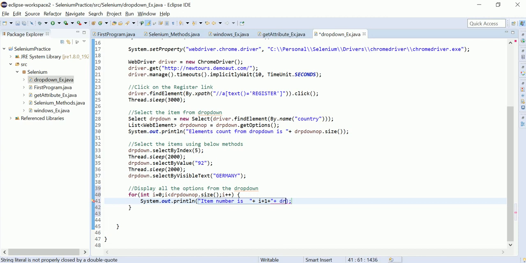Next, what we need to do: the drop down op dot. I am trying to iterate this list actually. Okay, somewhere the double quotes are missing. Let me take another way here.